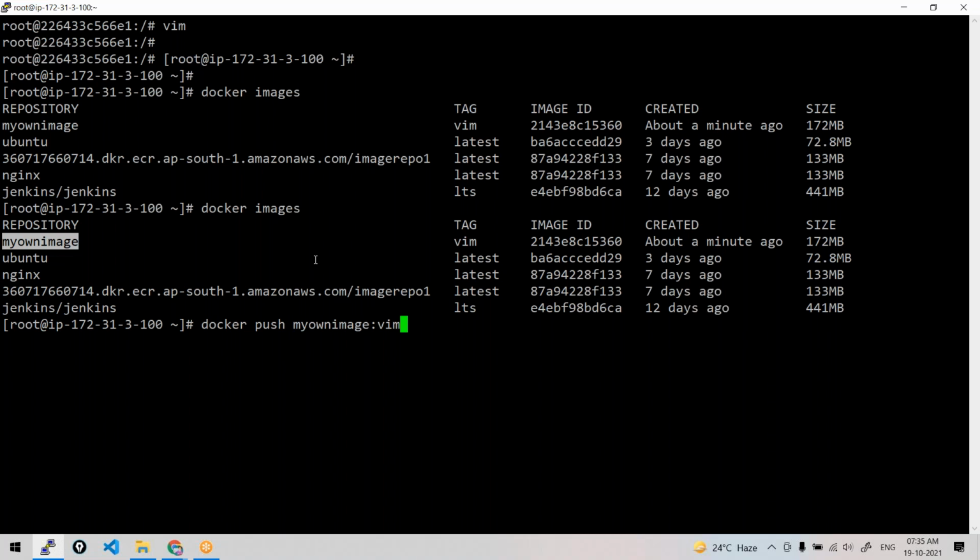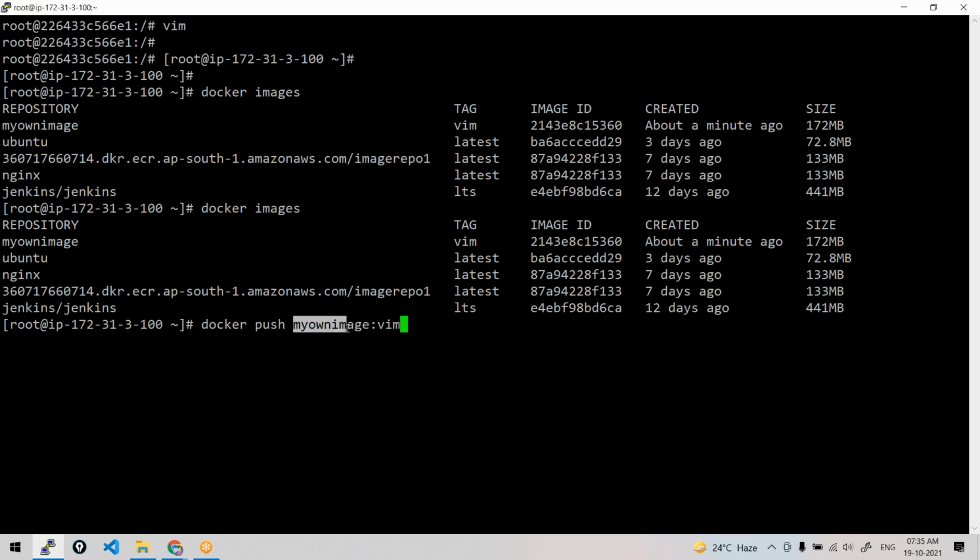What should we do? I'm expecting we need to give the repository details, right? Exactly. See, your image name is not following the naming convention. It should have the registry address. Okay, fine. If the registry address is not there, it means Docker Hub. But where is the username? And also, do you have this repository?